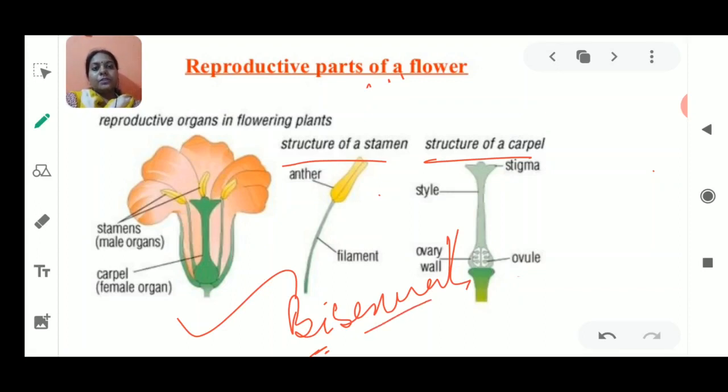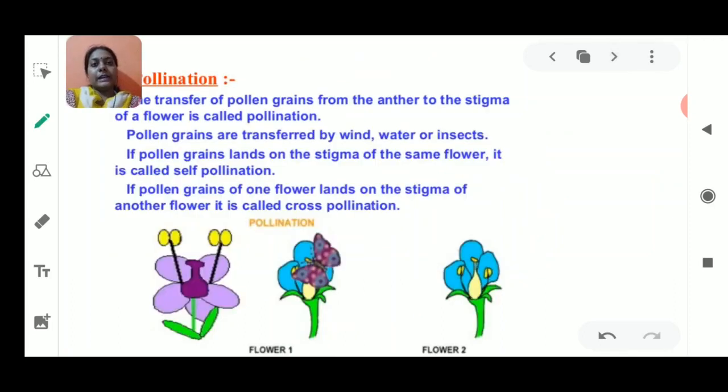Now if we talk about a unisexual flower, it means we are talking about either of them. Either the male reproductive part will be present, or the female reproductive part will be present in a plant. Okay, so this was about the reproductive organs of a flowering plant, and about the bisexual flower and the unisexual flower. Now I move on to the next slide, that is going to tell you about the next step of